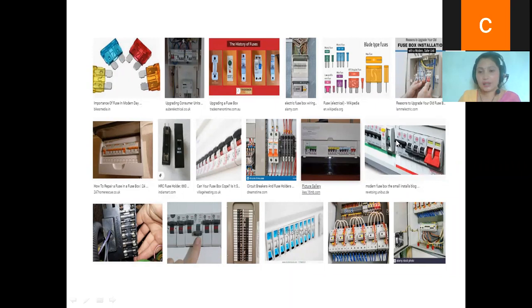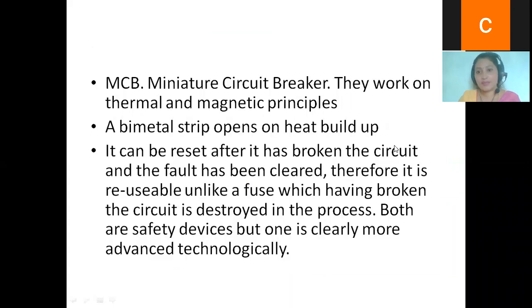So such kind of fuse are called as MCBs. MCBs are miniature circuit breakers. They work on thermal and magnetic principle. So a bimetal strip opens on